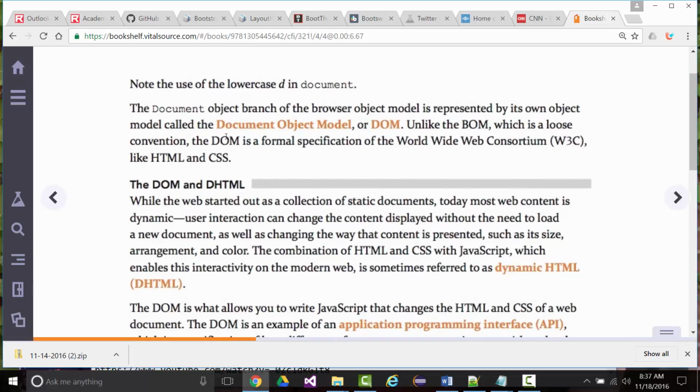So as it says, the document object branch is referred to as the document object model, also known as the DOM. You can go out online. You don't have to do this. I've done part of this for you. But under that,